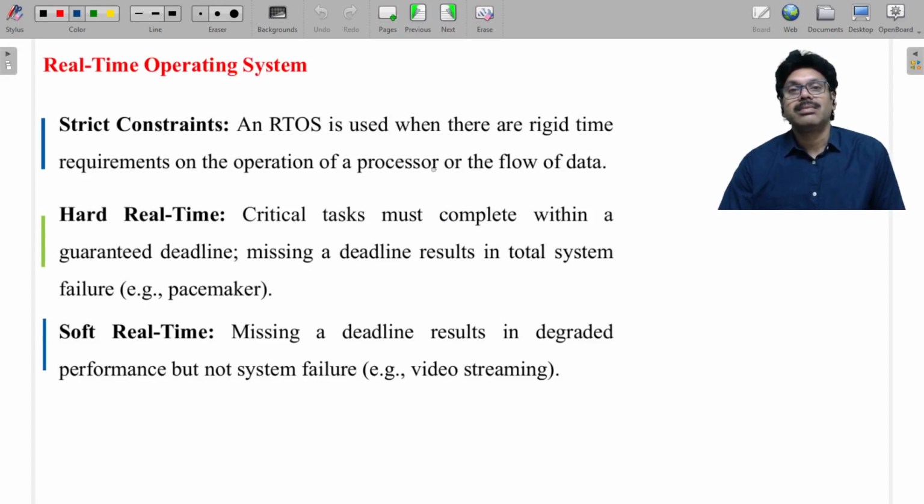Real time OS. Real time means critical tasks must be completed within a finite amount of time. For example, suddenly the flight navigation system is corrupted. Then immediately software engineers have to rectify the problem in the flight navigation system software. So they all come under real time OS. And the other one is pacemakers. The other one is nuclear reactors.